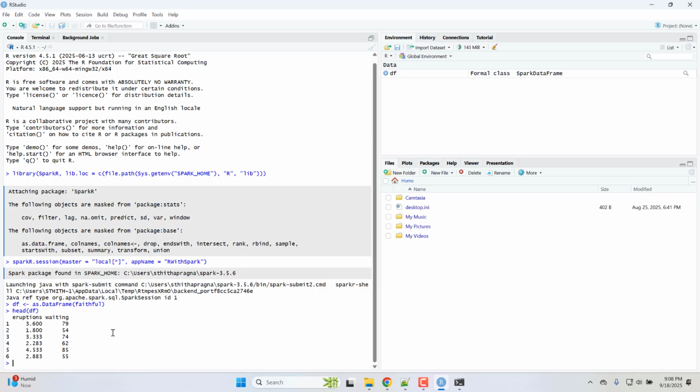We installed RStudio, then we loaded SparkR into R, and then we created a Spark session. Then we converted an R data frame into a Spark data frame, and then we displayed the data. That's about it. Okay, that's that. The next thing we are going to do is